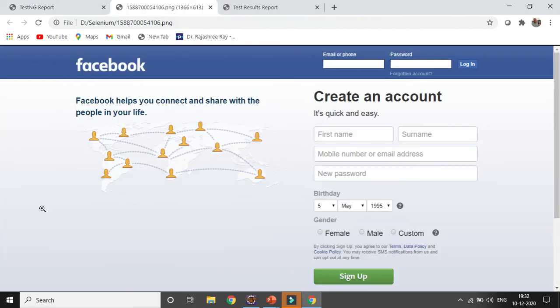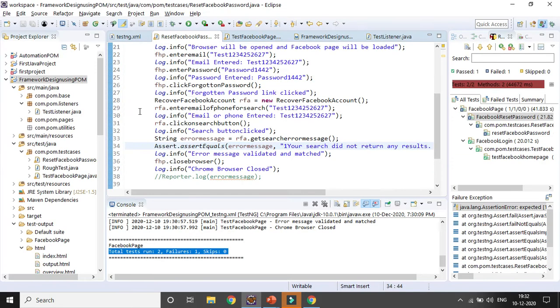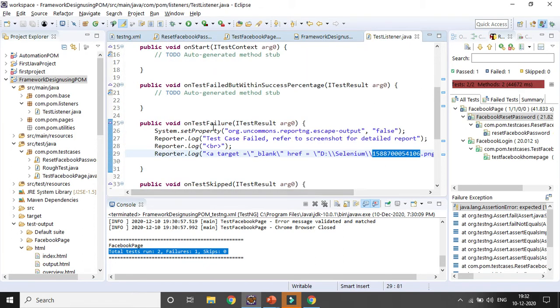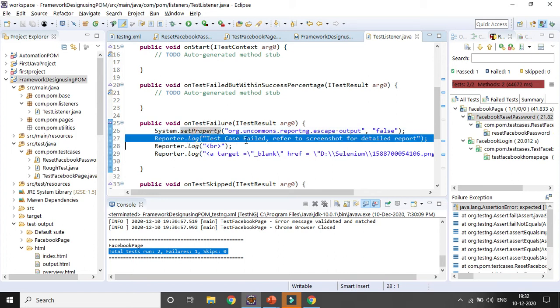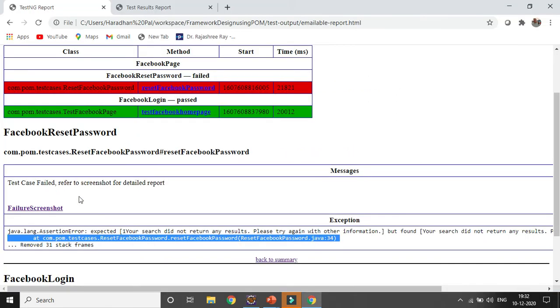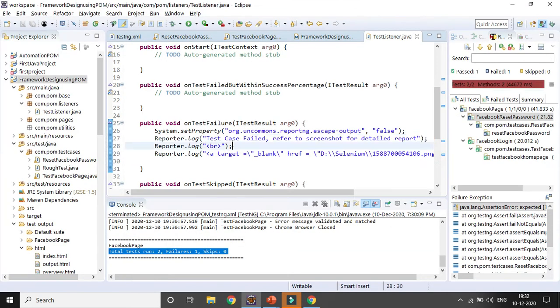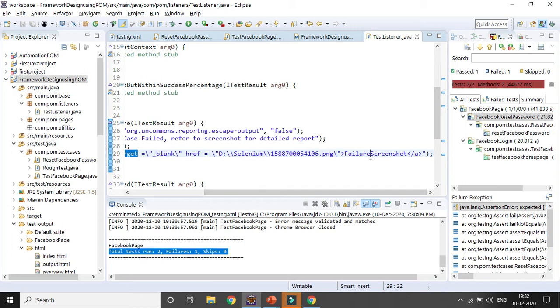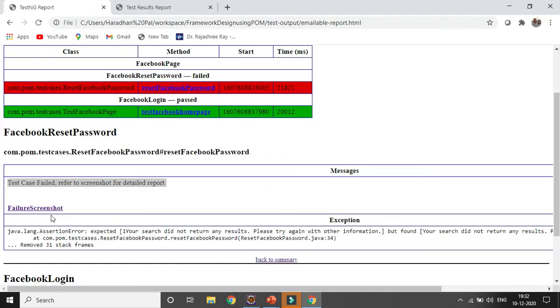If you click here, the screenshot will be added in one more tab, because it is coming from the failure part. In the onTestFailure we have written it. We display the text: test case failed, refer to screenshot for detailed report. After that we give one more line, then the target, where we give the path of that link, and this is the link name, failure screenshot.